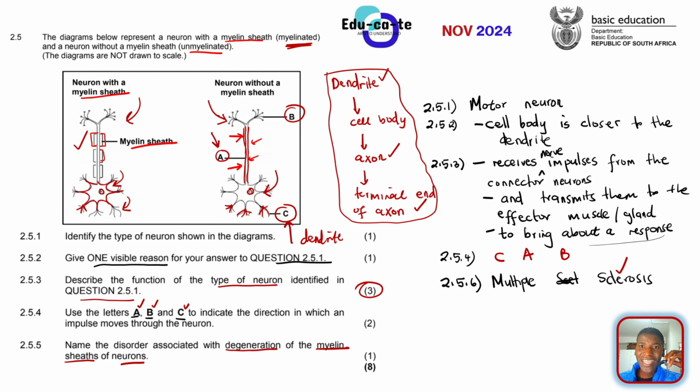I'll be like, "Hey, Tabo," and then, "Hey." You can see that most of the time it happens to old people. When you are old and have aged, most of the time you take time to perceive something. It is because the myelin sheath, the one that transmits the impulses, the messages of what's happening outside, to the brain, is damaged and degenerated. So that is known as multiple sclerosis. It can actually lead to memory loss in most cases.